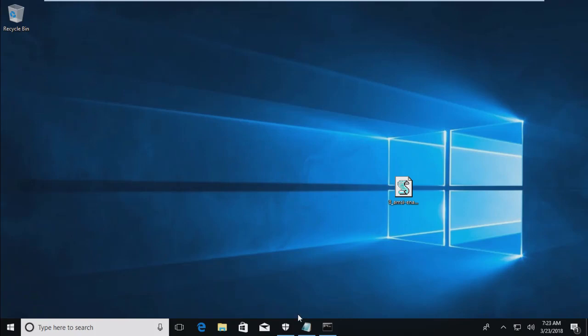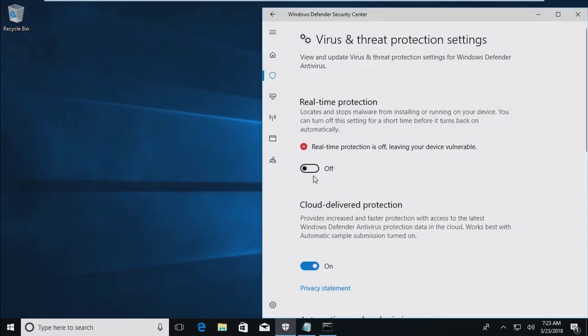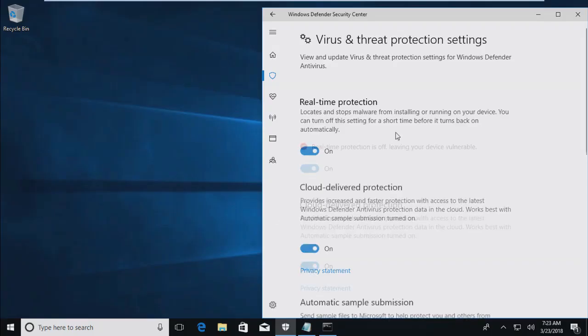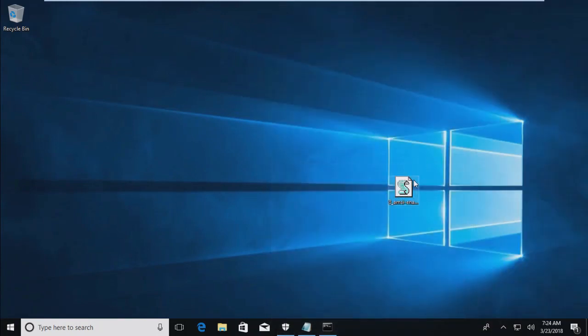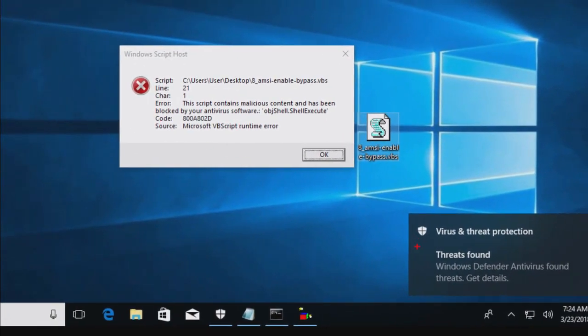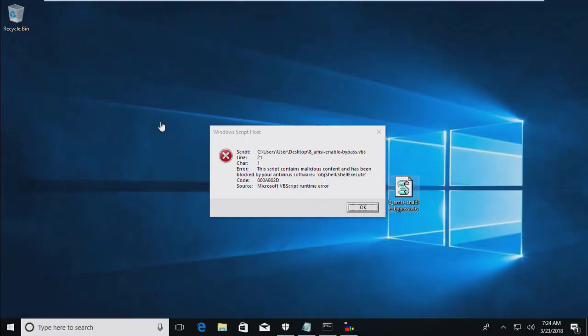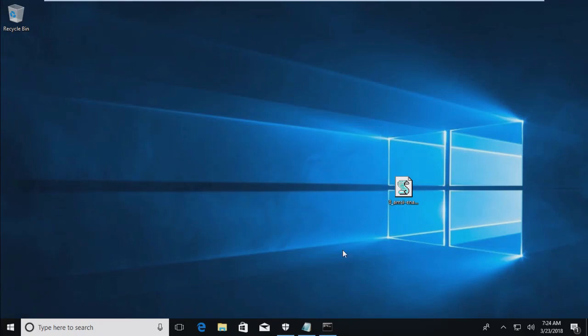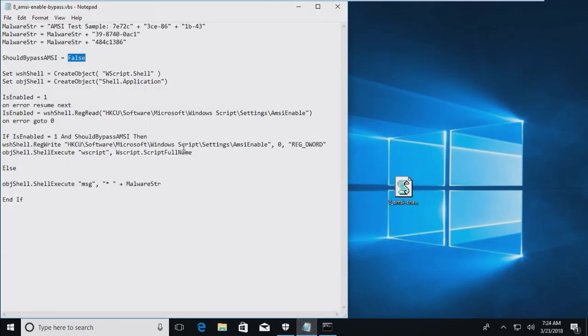Now, when we enable the protection, we can double click it, and we can see that this time an error occurs. We have threats found by Windows Defender, and the script contains malicious content and has been blocked by your antivirus software. So what we're going to do now is leave Windows Defender on and just use this little bypass, should bypass AMSI, and this will create the registry key.